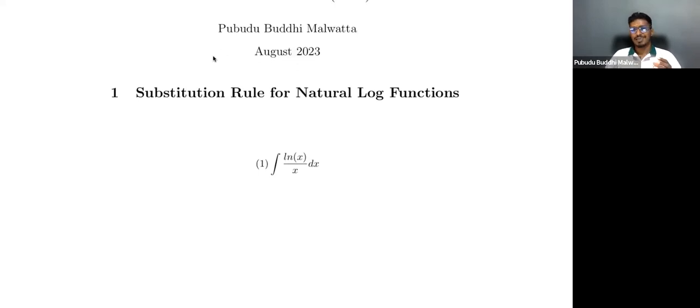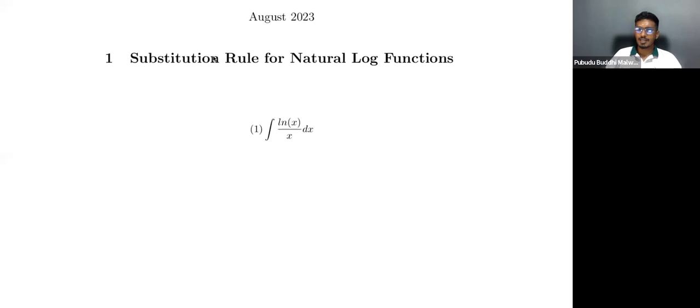Now here, the key is identifying the correct substitution. But how would you identify the correct substitution? That's the most important part. And in this case, let me do something like this. For this integral, let's say I equals,